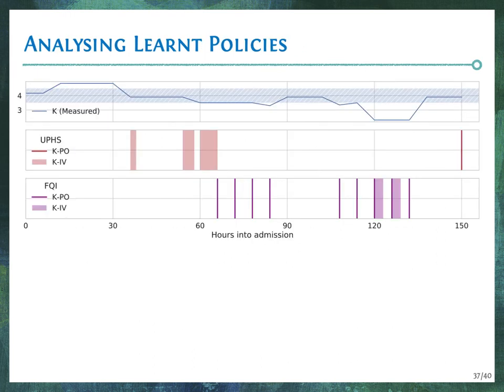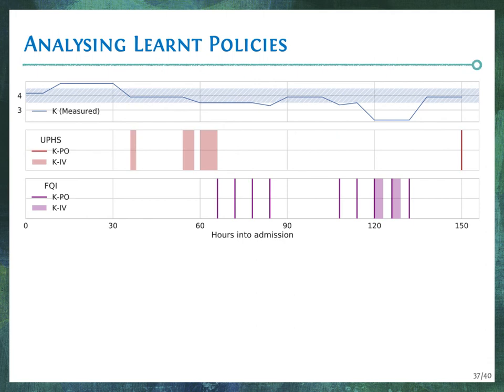So learning Q estimates using FQI with this final reward function, we construct the hierarchical treatment strategy we described earlier for recommending repletion route and dosage. Recommendations for an example hospital visit are shown here, along with actual repletion events in the UPHS data. We can see that the FQI policy shows a preference for oral repletions, which are associated with lower risks and